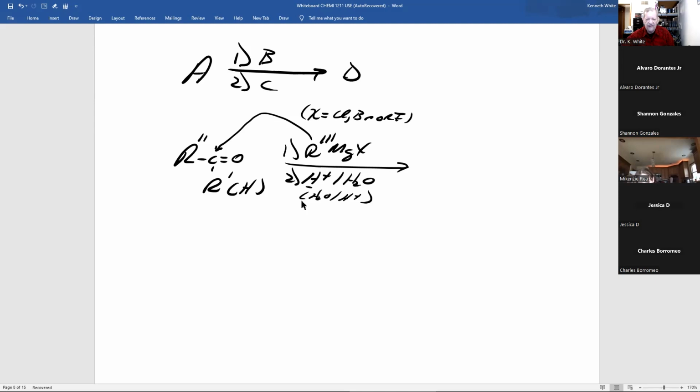It's protonated. Keep your eye on the carbonyl carbon. What's attached to it, R prime or hydrogen, R double prime, opens it up to an alcohol, and you do that special thing. You make that carbon-carbon single bond. The carbon in R triple prime with the MgX is a carbon. This carbon is bonded to an R triple prime.